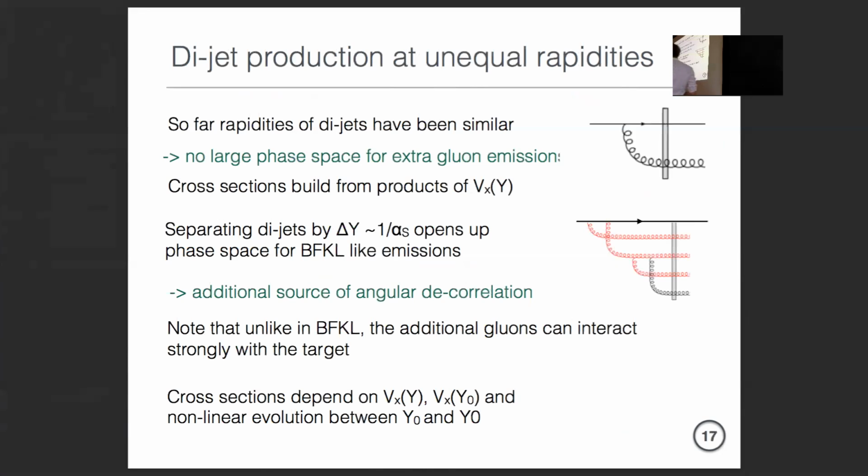And so that really, if you want to probe nonlinear evolution directly, this is a straightforward thing to say. Now, the thing is that it becomes very, very complicated to think of the cross sections, because the gluon at a different rapidity will see the color field of the target in a different way. Instead of having this usual idea that our CGC cross sections only depend on Wilson lines at a single rapidity, they will now depend on the color field at the rapidity of the parent, of the other daughter, as well as on the evolution that happens in between.